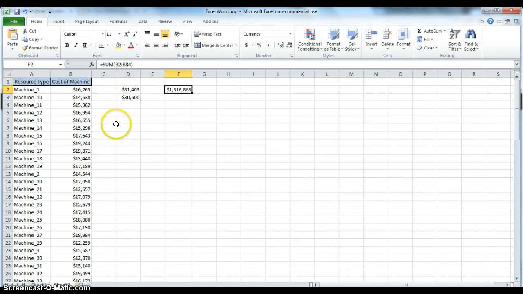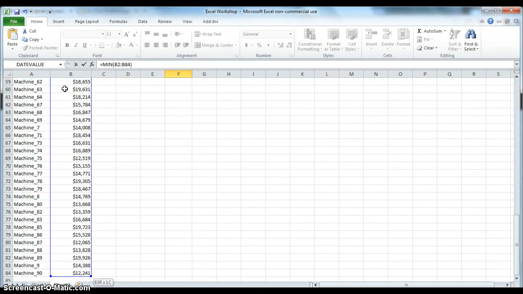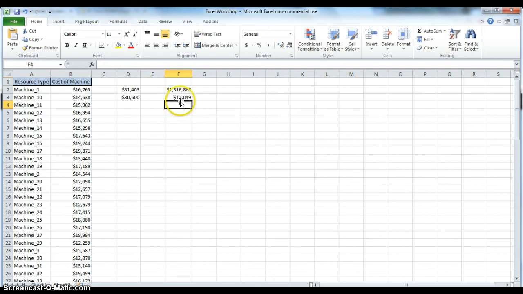Lastly, suppose we want to know what the cheapest machine is or what the most expensive machine is. To do this, we would create a formula similar to the one above, only using the minimum and max functions. Again, we would start with an equal sign and type MIN and click on the function as it appears in the drop-down menu. We would highlight our machine cost data again and click enter and find that the cheapest machine costs $12,049. We would then repeat a similar step for the maximum function and find that the most expensive machine is